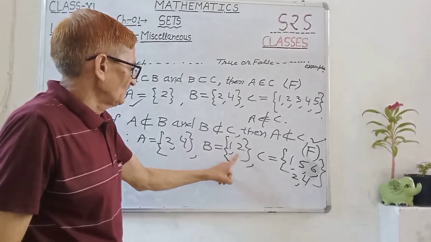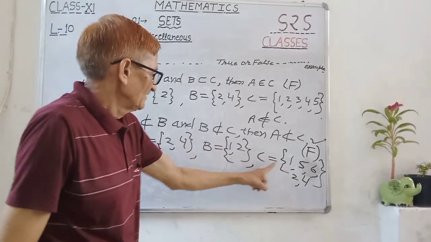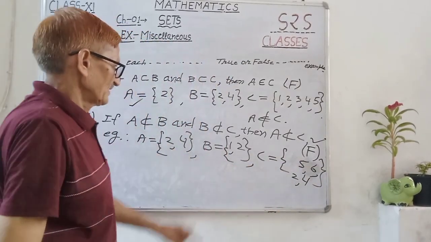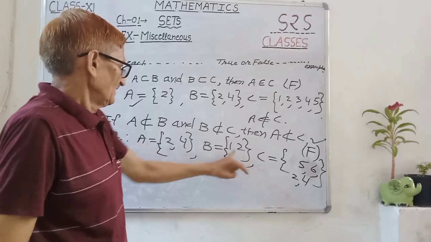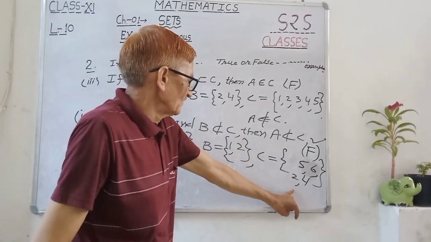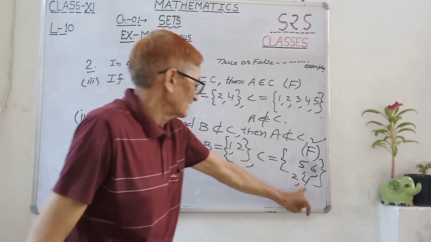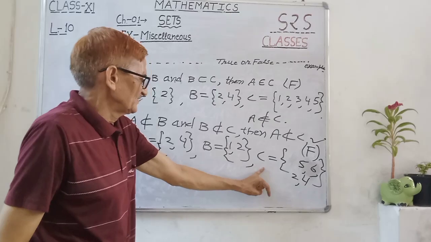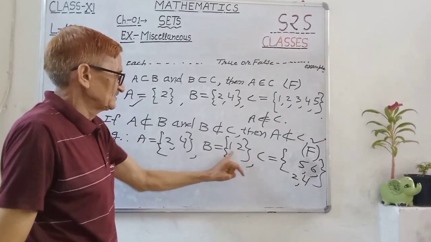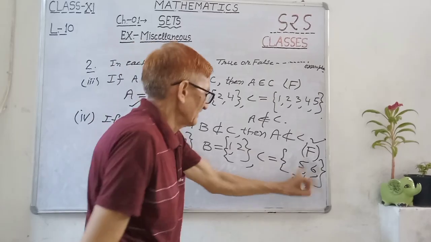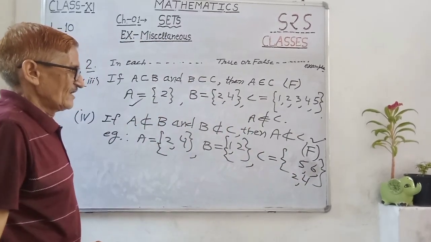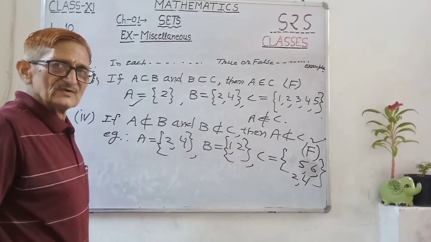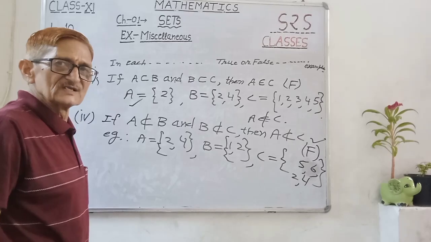B is not the subset of C, since not every element of B is in C. We can take 5, 6, 2, 4. Now, A is not the subset of C is not always true, because here A is the subset of C. B is not the subset of C because all its elements are not in C. Clear now? So we can say that in every sense it is not true, so it is false.